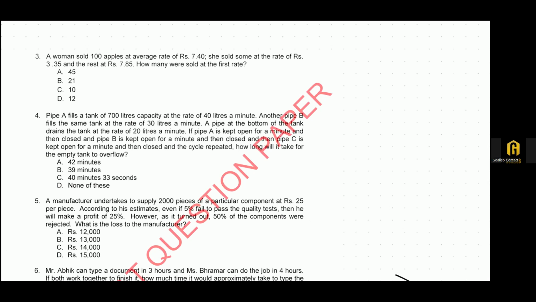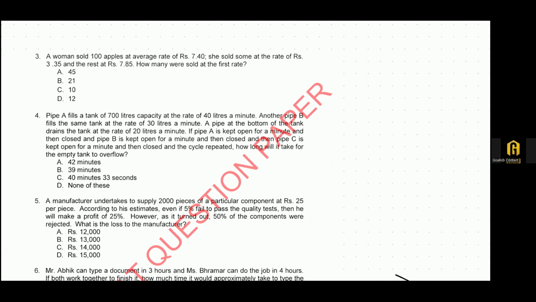A woman sold 100 apples at an average rate of 7.40. So the total selling price we can get from here. She sold some at the rate of 3.35 and the rest at this. How many? We don't know how many apples she sold at 3.35 rupees and how many she sold at 7.85 rupees. So let's assume she sold x apples at the rate of